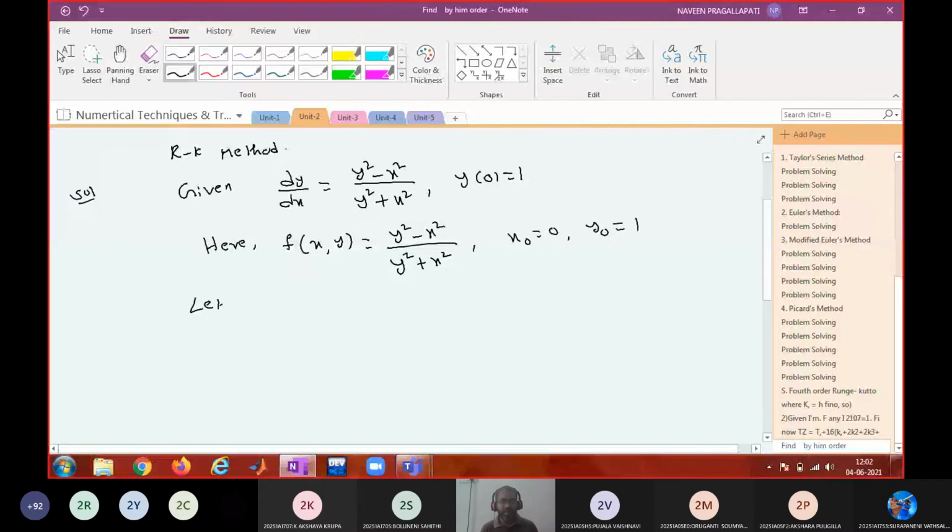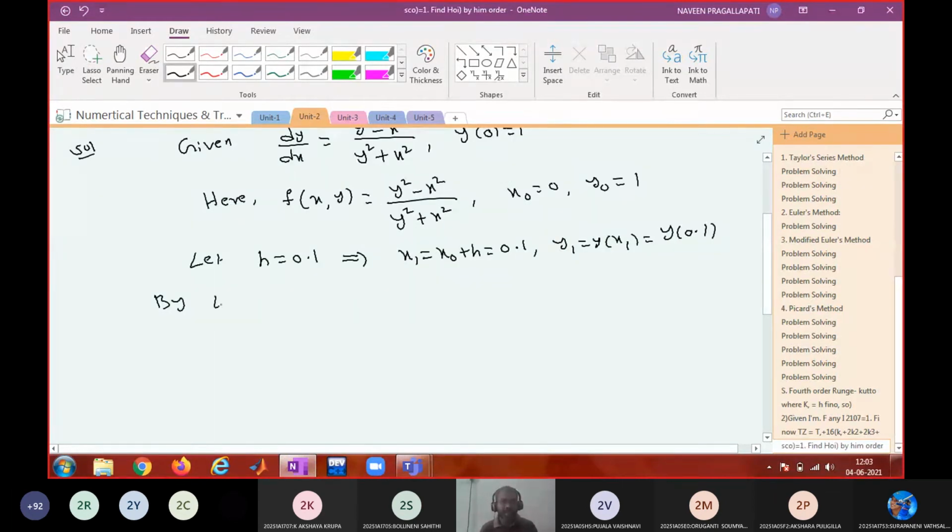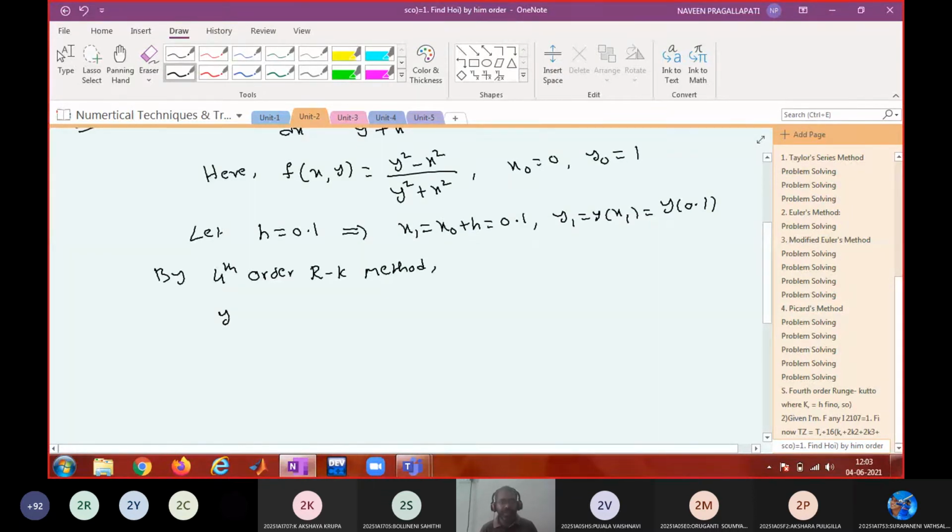So let h equal to 0.1, then x1 equal to x naught plus h equal to 0.1, and y1 equal to y of x1. Okay, so by fourth order RK method, y1 is equal to y0 plus 1 by 6 times (k1 plus 2k2 plus 2k3 plus k4),